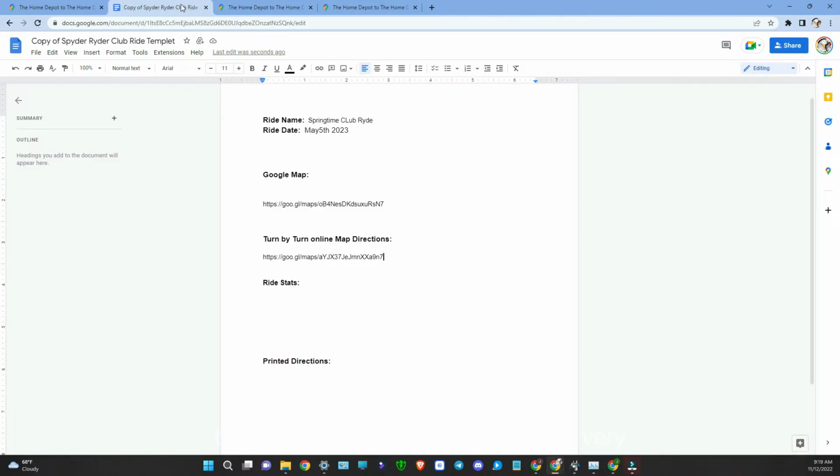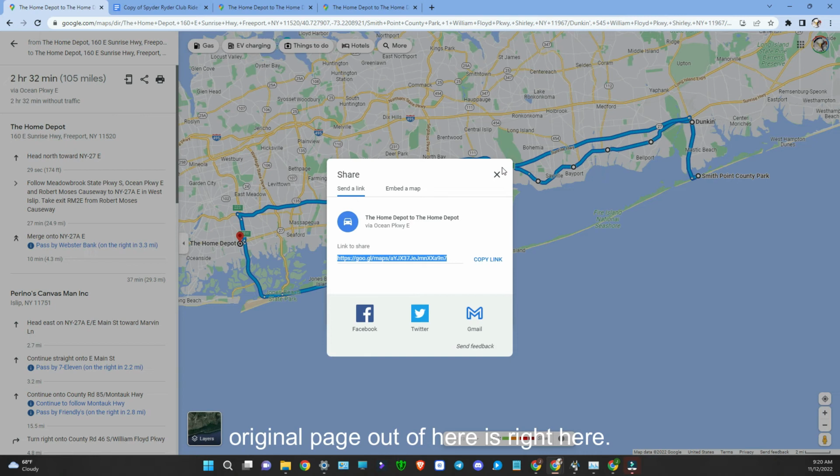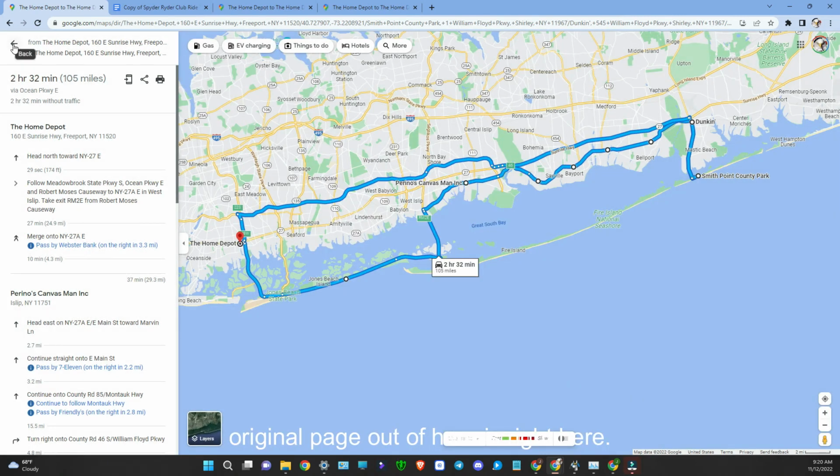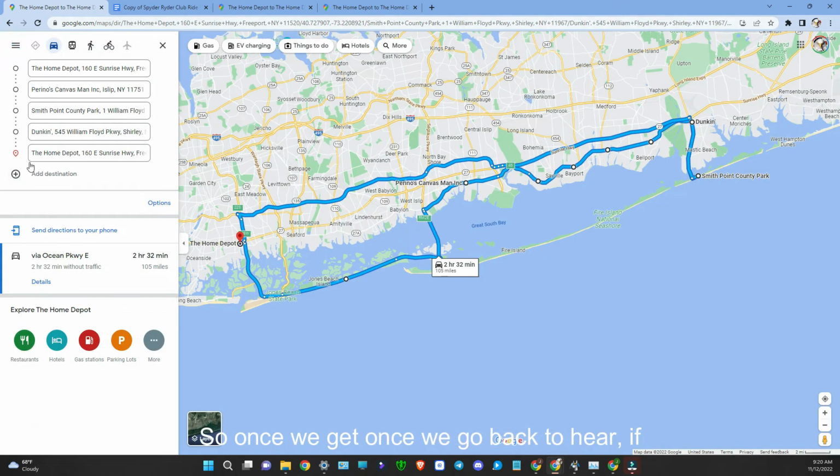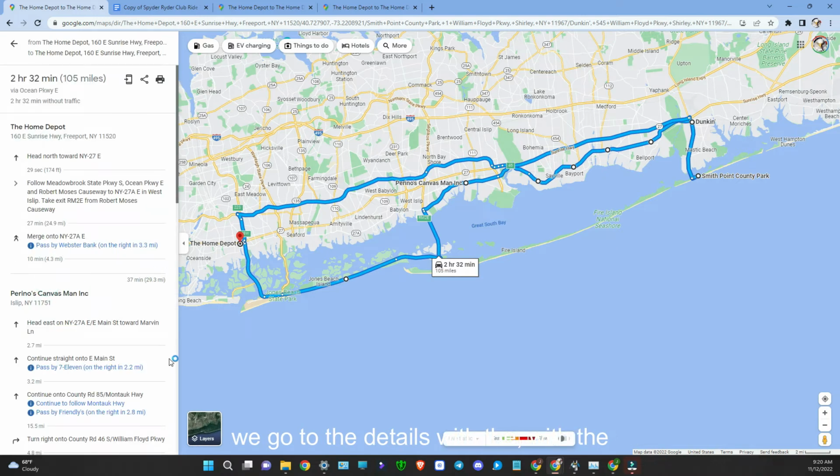So the next thing we have on here are ride stats. This is very simple information. The ride stats, I will show you this when we go back to our original page. Let me X out of here. It is right here. So once we go back to here, if we go to the details with the detailed mapping directions, right on top you have ride stats. 2 hours and 32 minutes without traffic, 105 miles. I like to copy and paste that. Right click, copy, go back to your doc,